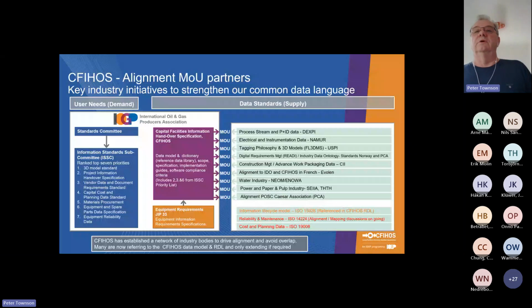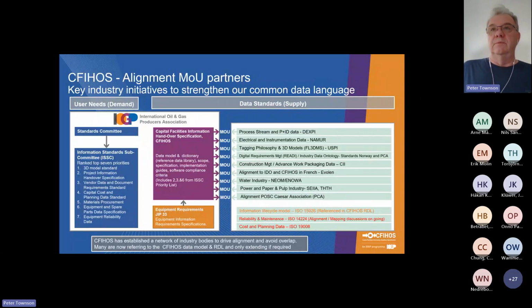We're also working with the water industry and also the paper and pulp industry in Finland and in Sweden. Equally, we've got an alignment with PCA. And as I say, we're working quite heavily with the likes of DEXB, USPI with the FL3DMS, and also